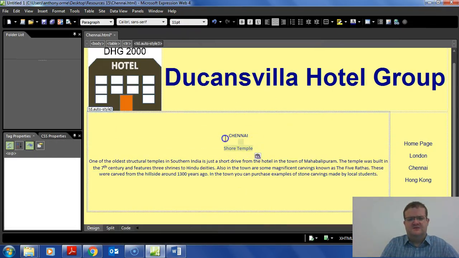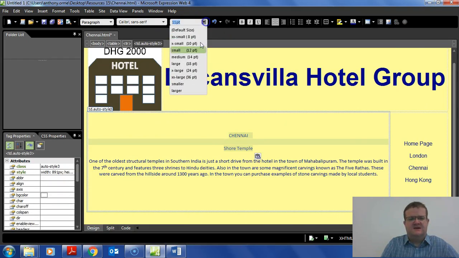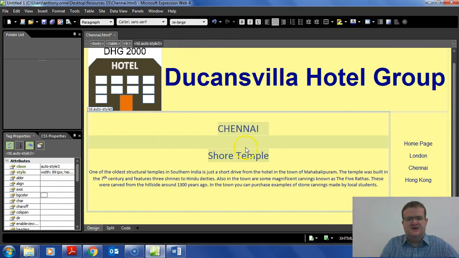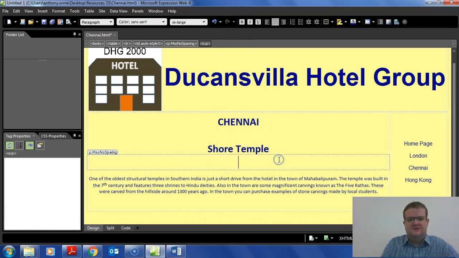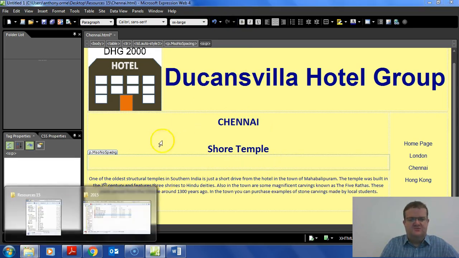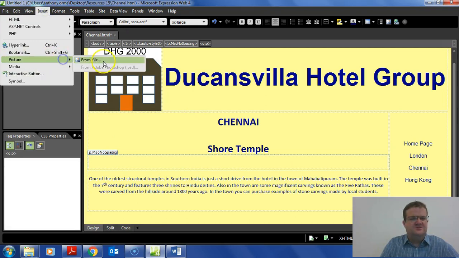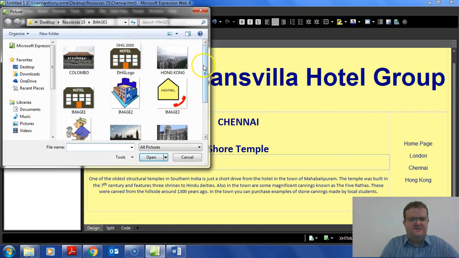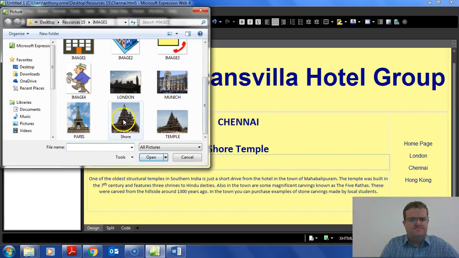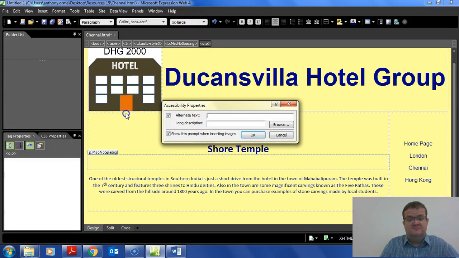Control V, again highlight these and make it extra large and bold, and then underneath I go insert picture from file, and I find the Chennai one, which is Shore, and I'm going to call this Shore,